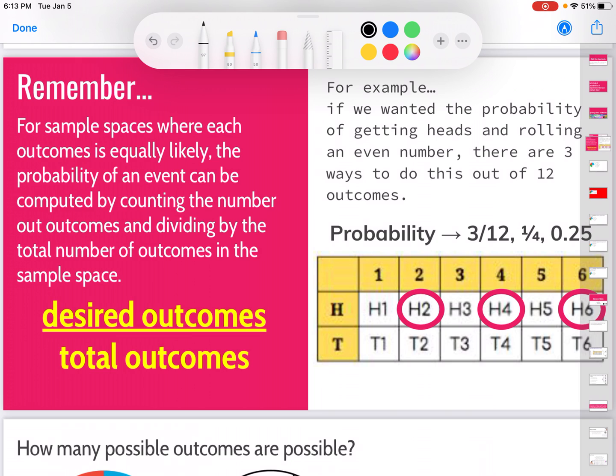So for example, if we wanted to get the probability of heads and rolling an even number, there are 3 ways to do this out of 12. So if you look at it, there's a heads and a 2, a heads and a 4, and a heads and a 6. So that's 3 that meet the criteria of heads and an even number out of 12 possibilities, because if I counted that up, I would get 12. I can reduce my probability to 1/4, which means that I can divide the numerator and denominator by 3 and get 1/4, or I can do 1 divided by 4 and get 0.25 or 25%